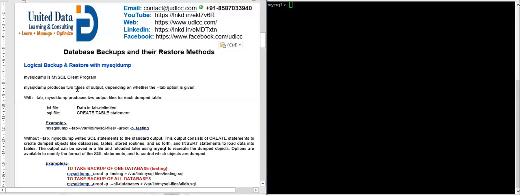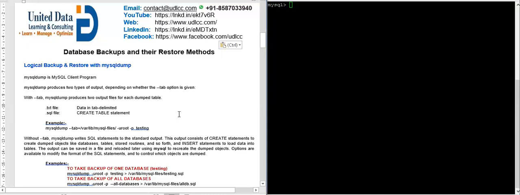mysqldump produces two types of output depending on whether the --tab option is given or not. So it depends upon whether the --tab option is used in your mysqldump or not. If you use --tab, mysqldump produces two output files for each dumped table.